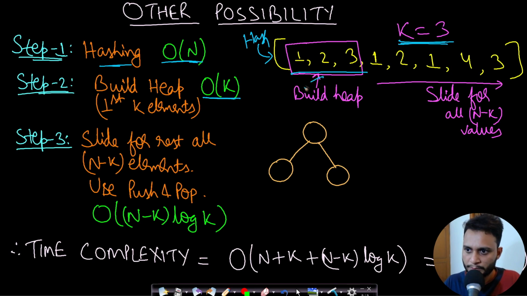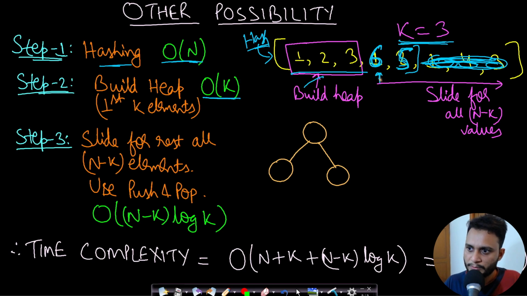Now we will move on to the next element. Since this is a hash, actually the elements will not be repeating in this case. So let me just assume different numbers, because after hashing you must have seen that in the key part all the numbers were unique. So this can be 6, this can be 5, and you might forget about all these numbers, right? So let's assume that this is 6 and this is 5 and there are only 5 elements here.